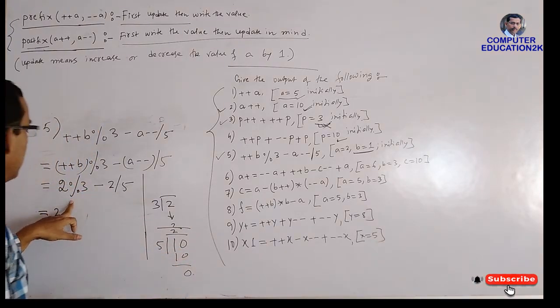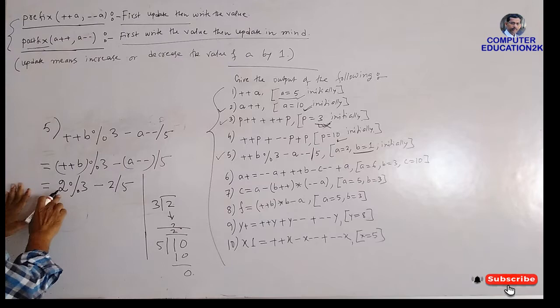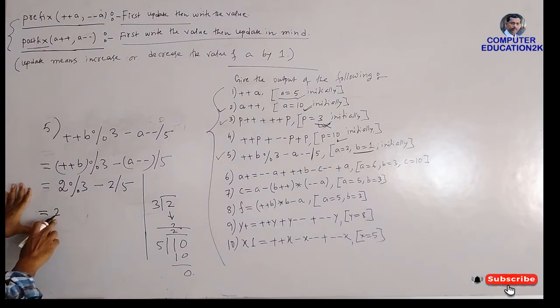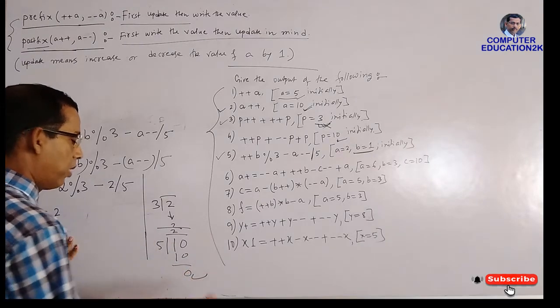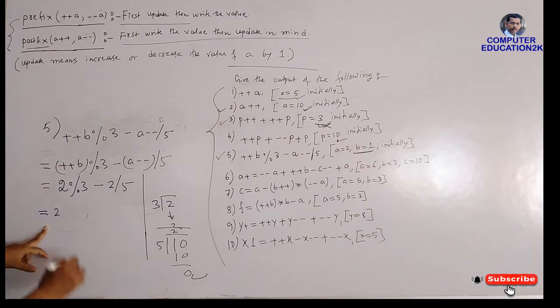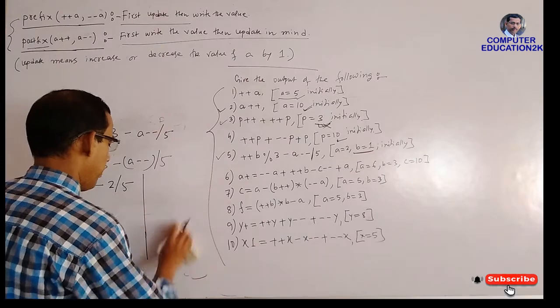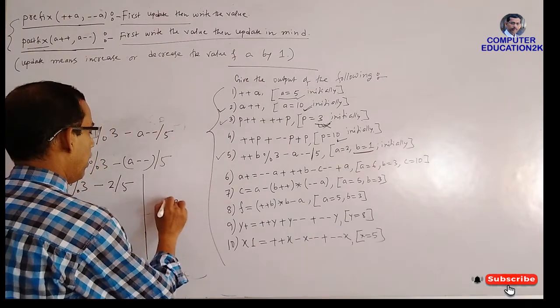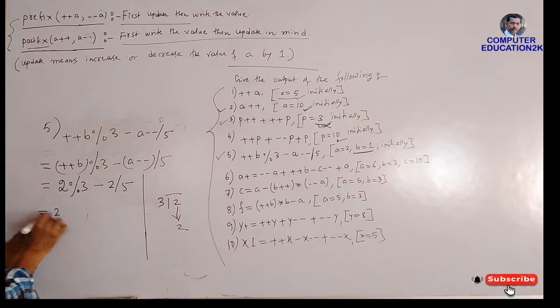In case of getting remainder, if you divide a smaller number by a bigger number, then the smaller number will come. But if you divide a bigger number by a smaller number, then you will get the remainder, and whatever remainder, that you will write. So here I am dividing a smaller number by a bigger number. In that case, the smaller number will come as the remainder.